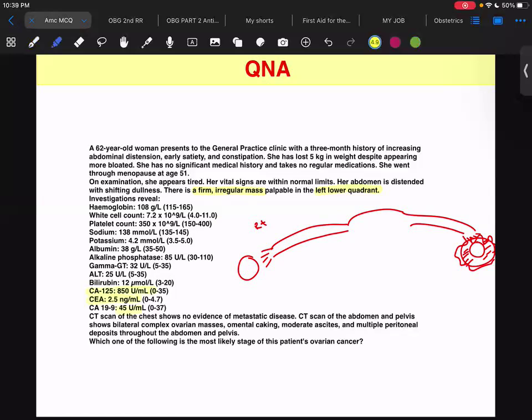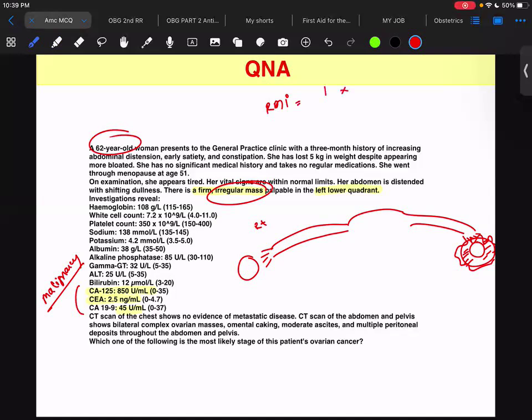So we can think that the patient has an ovarian malignancy, because of the characteristics: an irregular mass, the patient is postmenopausal, and elevated CA125. If we go for the RMI,